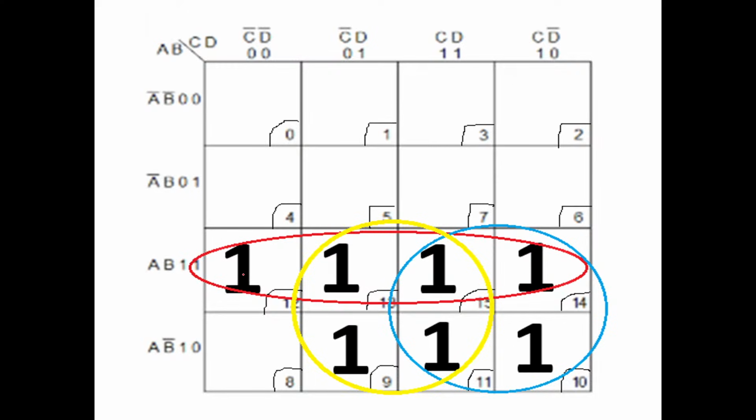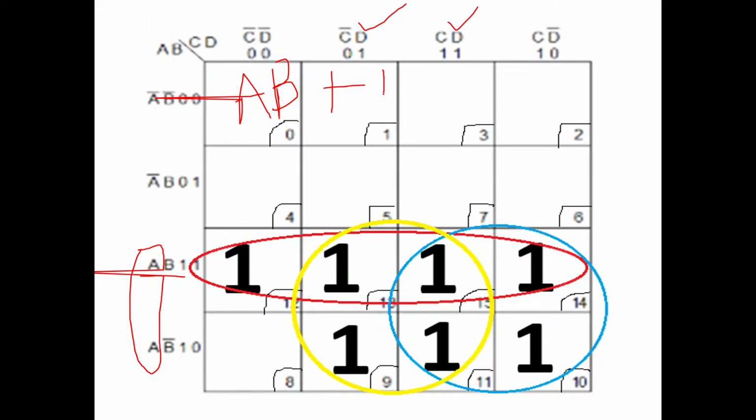Red group, what is common? AB is common for them. Anything else? Nothing. So AB plus. Next group, yellow. In the yellow group, check what is common. A is common for yellow. Next here, what is common? D is common. So AB plus AD